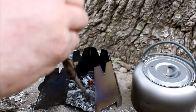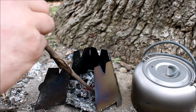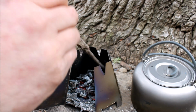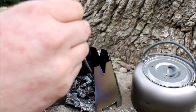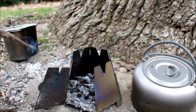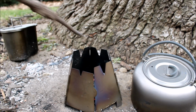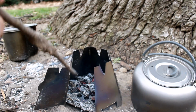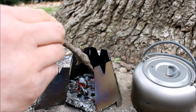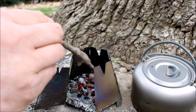But yeah, so far, honestly, what I thought was true, I'm going to have to chalk up, from my own personal experience with this stove, to operator error in the past. This stove has been burning quite efficiently. I jumped the gun and pulled the coals out. Over here next to the stove is where the coals have been. They've burned all the way out, so it's been getting a good solid burn throughout the stove. Personally, I've been selling the stove short. I would give an apology, but I'm not, because